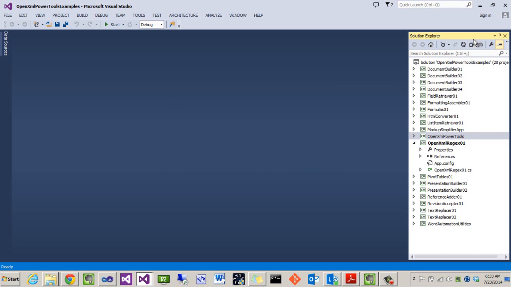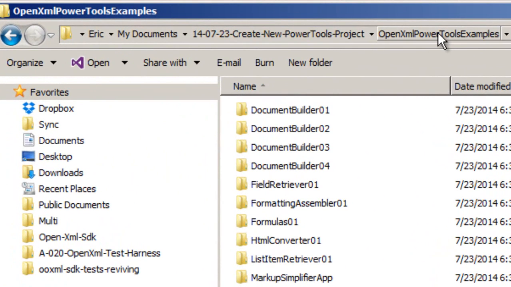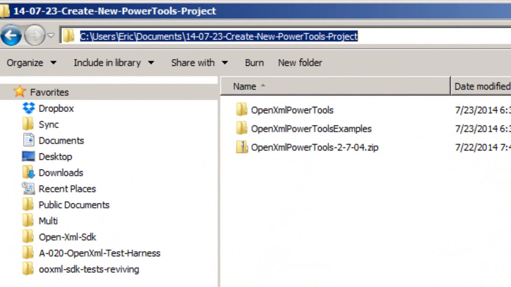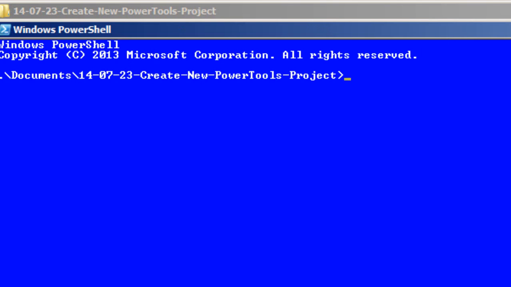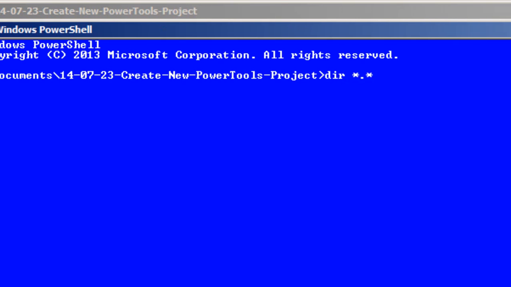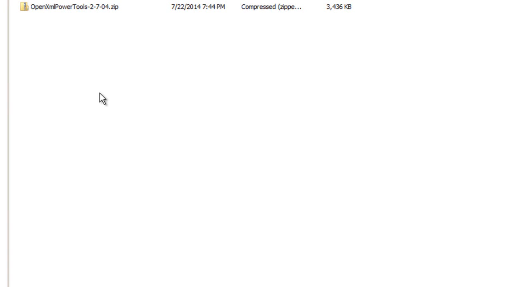By the way, what we may want to do here, I'm going to close this down and come back here to this folder here, and I'll just do PowerShell, and I'll do dir star.star dash recurse, and I'll pipe that into unblock file, and it gets all done. And now you'll never get that error again. We've unblocked every file in the entire PowerTools